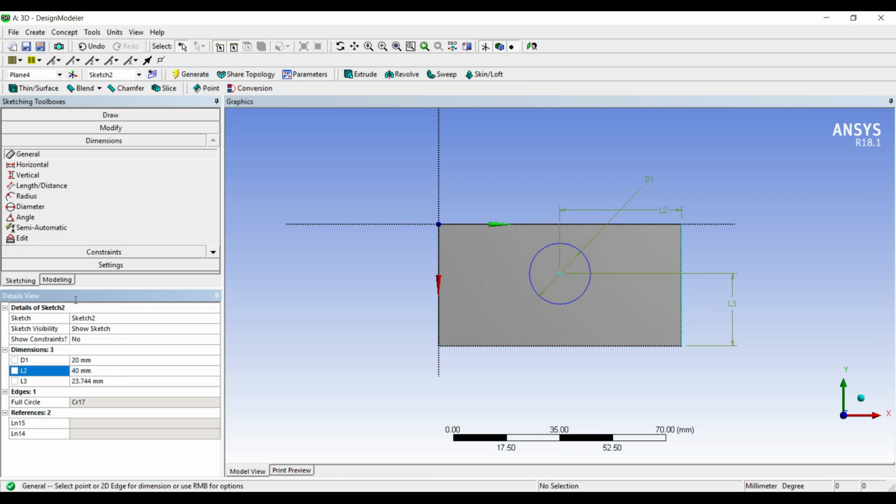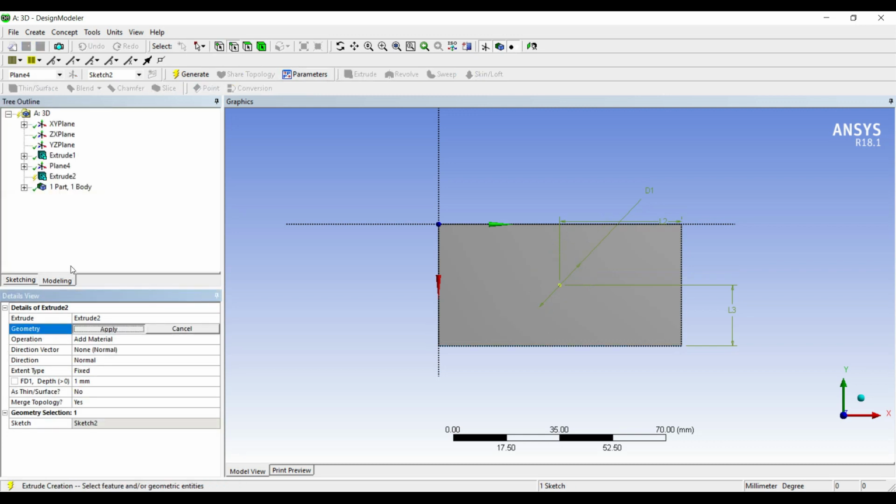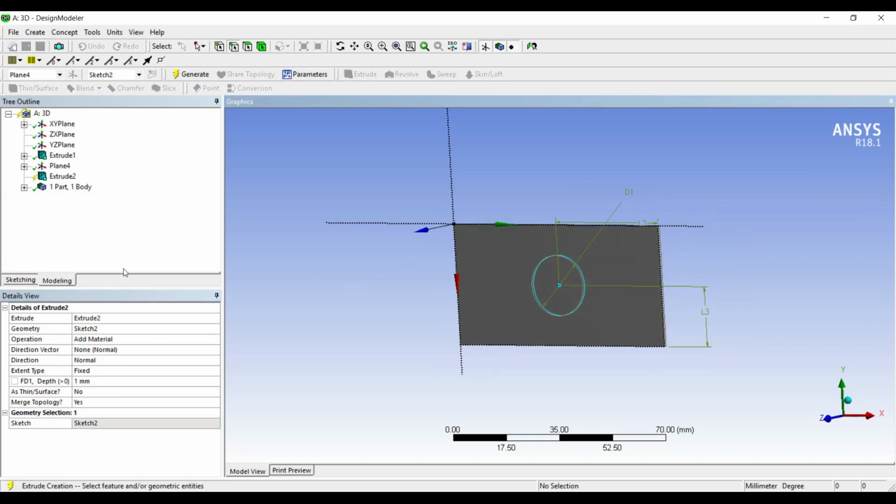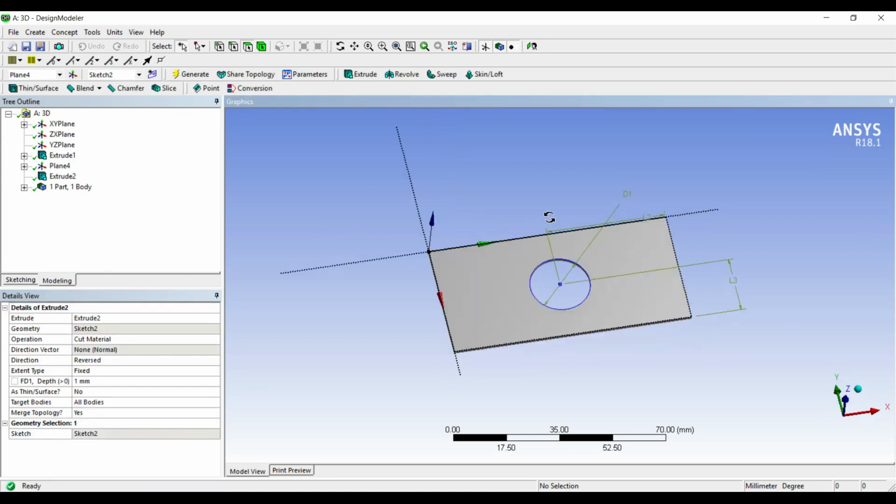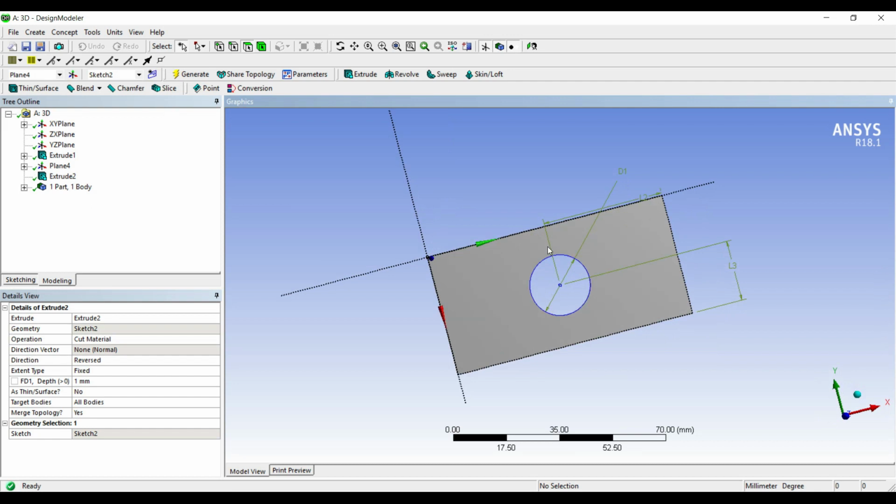L2 will be 40. I just want to mark it at the center. You can take it as off center as well. That's your choice. I'll go to extrude. Apply the geometry. Instead of add material, I'll choose cut material. Generate. So this is how a hole can be made in a plate.